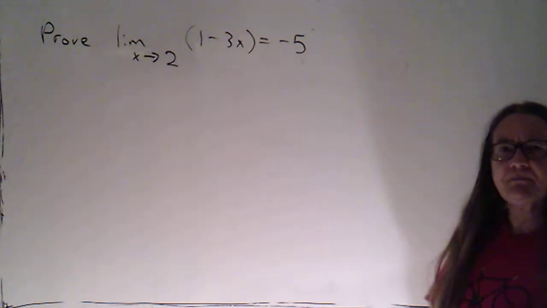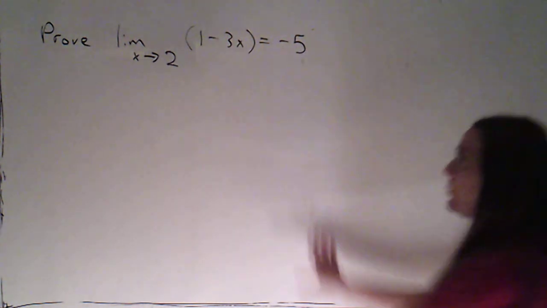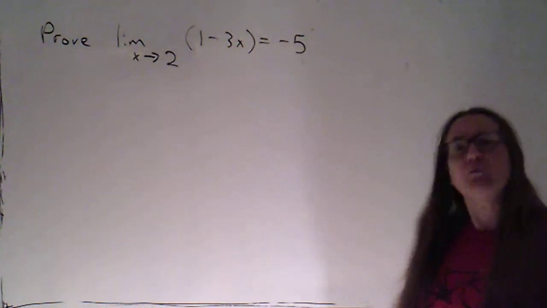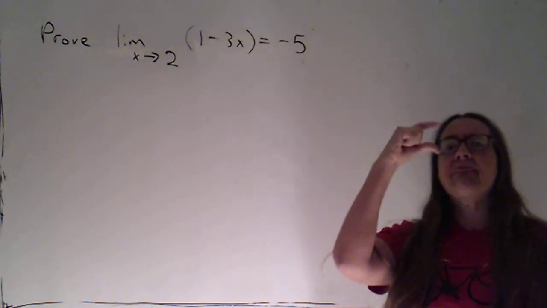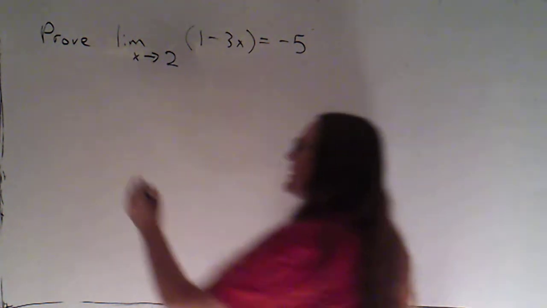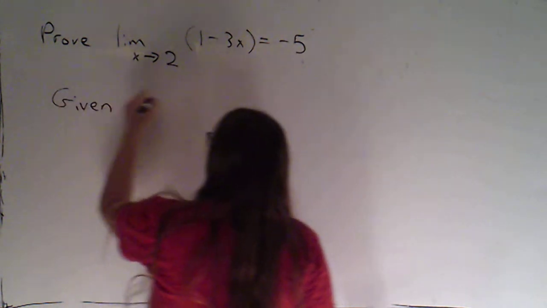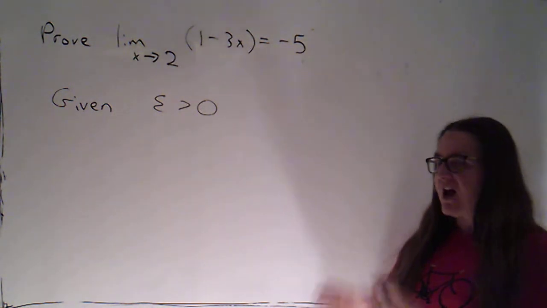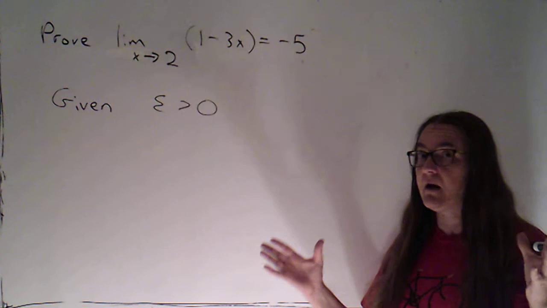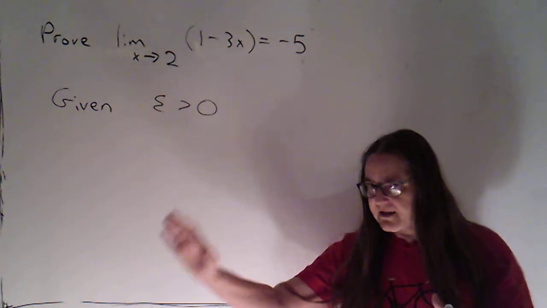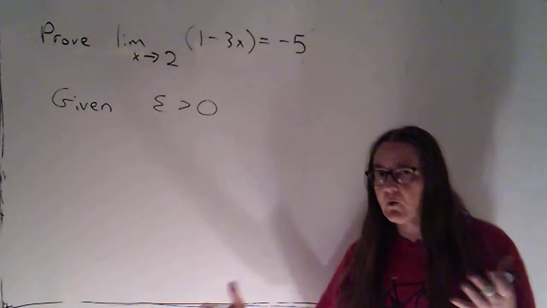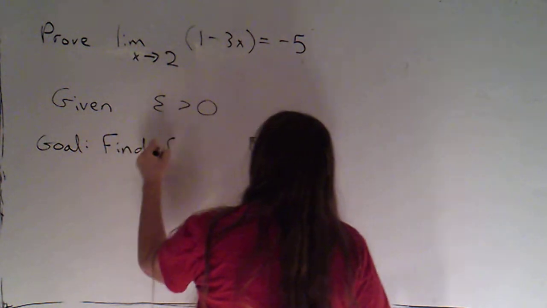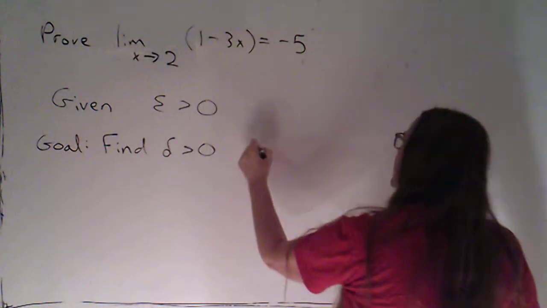Okay, so here's basically the scenario. We're going to suppose, once again, that we have claimed this, and somebody is coming along and challenging us. They're saying, oh yeah, I don't think you're right. I bet you can't get that close. Okay, so they're going to give us an epsilon bigger than 0. But rather than specifying what number that is, I'm just going to keep it as an arbitrary number. Now I still have to do what we did last time, which is I have to find a delta that's going to work. So my goal at this point is to find a delta, which will also be a positive number, such that